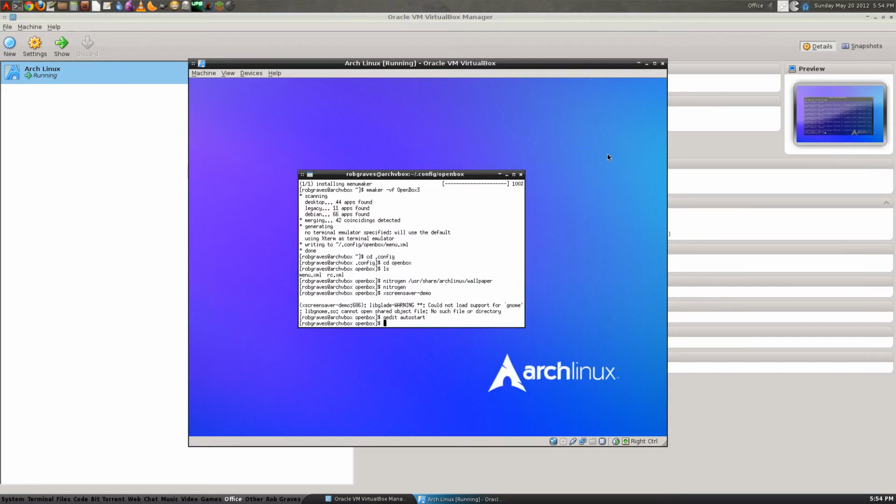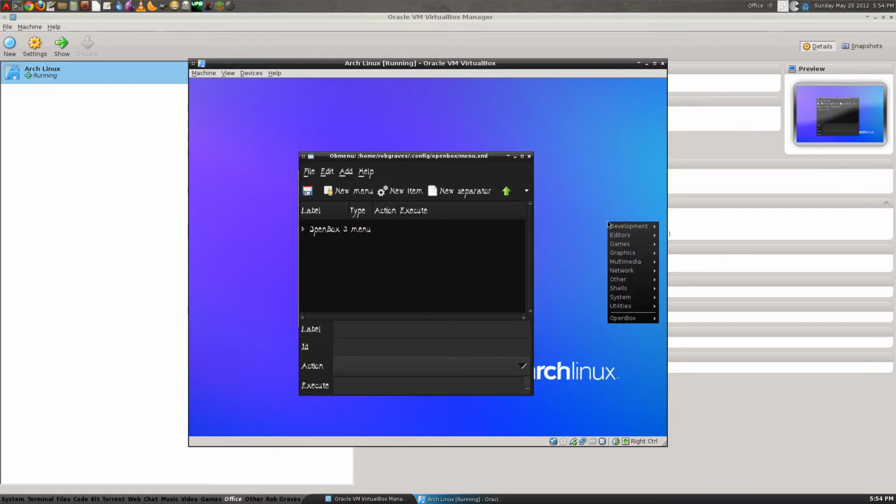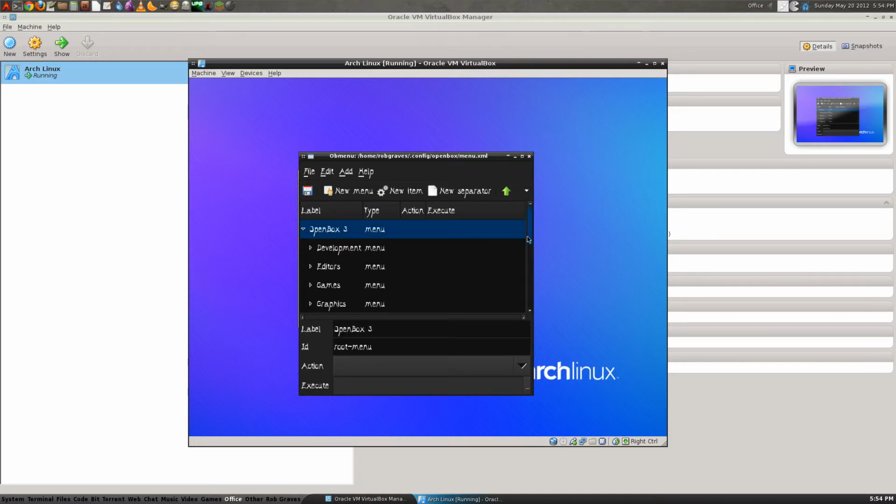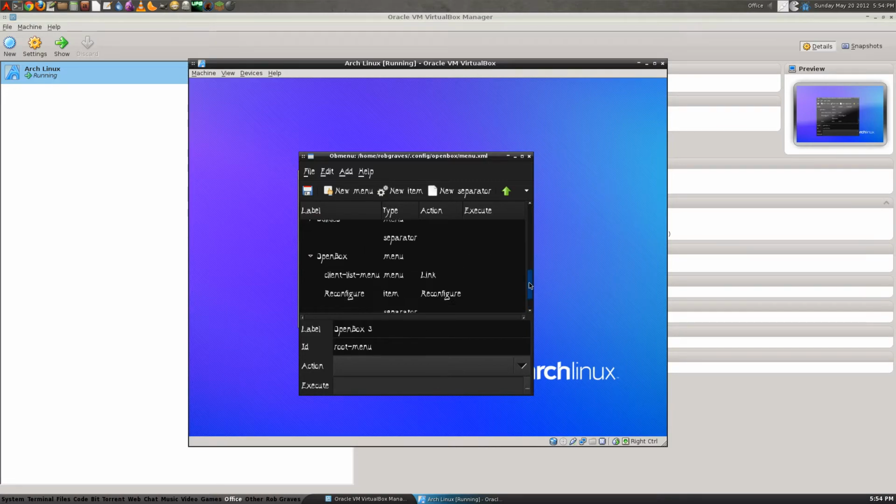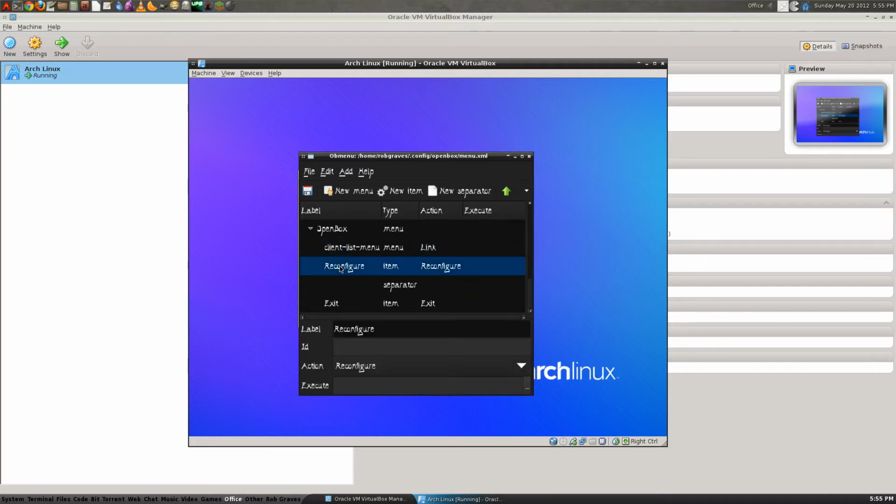Let's see. Now we'll test how this works out. Oh, I know what else I need to do. Ob menu will allow you to customize this here. So we got the Openbox 3 menu here, and scroll down, we're going to go to Openbox. Here, and we got the reconfigure and exit. Exit is more like a logout. So if you have a login manager, which we do, it'll take us back out of there, and we'll go back into Slim in our case, and have the option to either boot back into here or